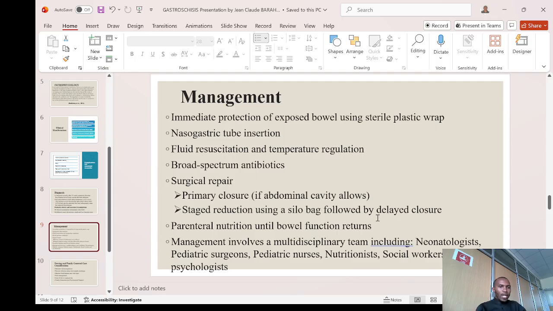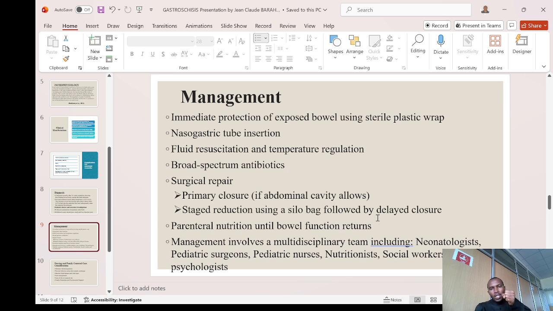Then in the tertiary hospital, they are going to do a surgical operation, maybe primary closure: opening the abdomen, putting in the exposed intestines, and then closing, if the abdominal cavity is large enough to accommodate them. If it is not, you do a staged reduction using a silo bag followed by delayed closure. This staged reduction is the preferred method in many settings, where a silo bag is applied to the intestines, and gradually the bag is reduced,